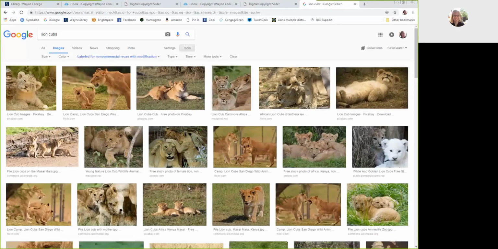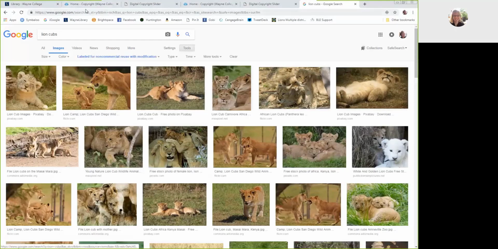So here are a number of pictures that I can choose from that would allow me to use it in that way. Okay, so you can actually look for materials that are more permissive and that a Creative Commons allows you to use however you want. Now, if I was going to use it commercially, then I'd have to make sure that I chose that in the search, because that was another option in the Google search.